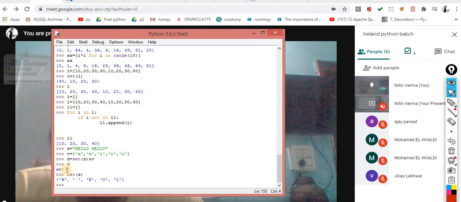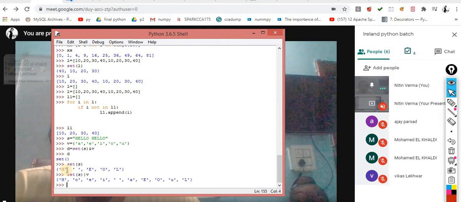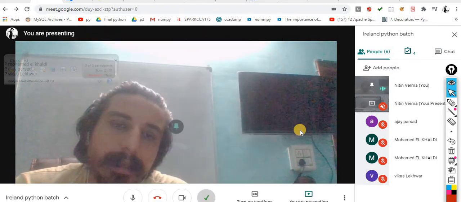It gets only unique values and it should work. Sorry, the intersection is this one, so I made a mistake. Let me do it once again, I am making a mistake somewhere.